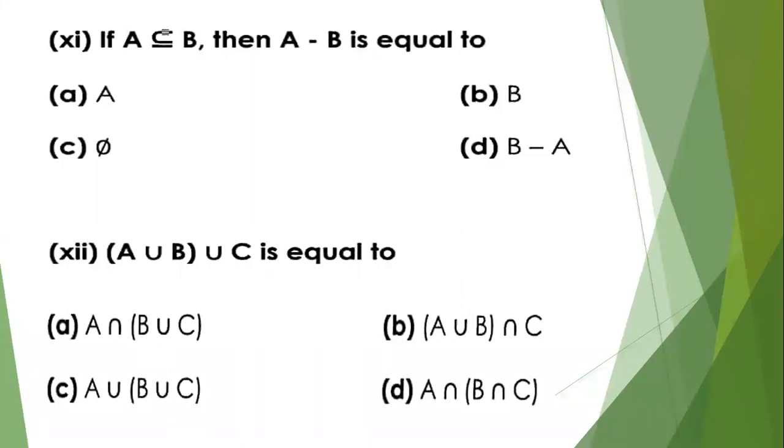They are telling us that A is a subset of B. For example, B is equal to 1 to 10 and A is equal to 1 till 5. So if we subtract A from B, we get 6, 7, 8 and so on. So the correct answer is D. Excellent, the correct, okay, yes.